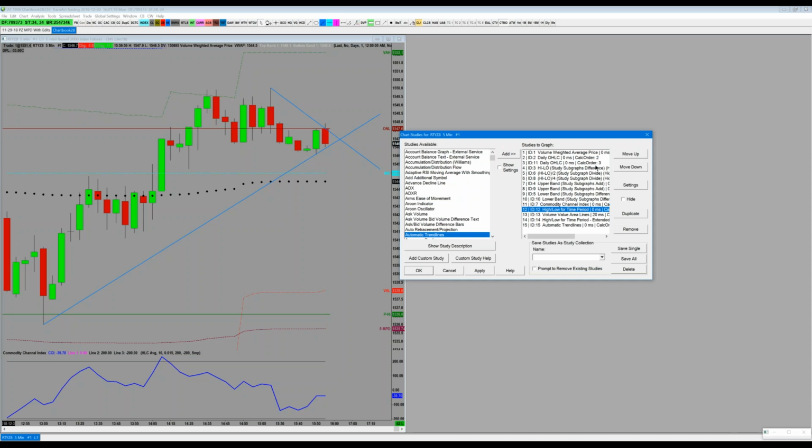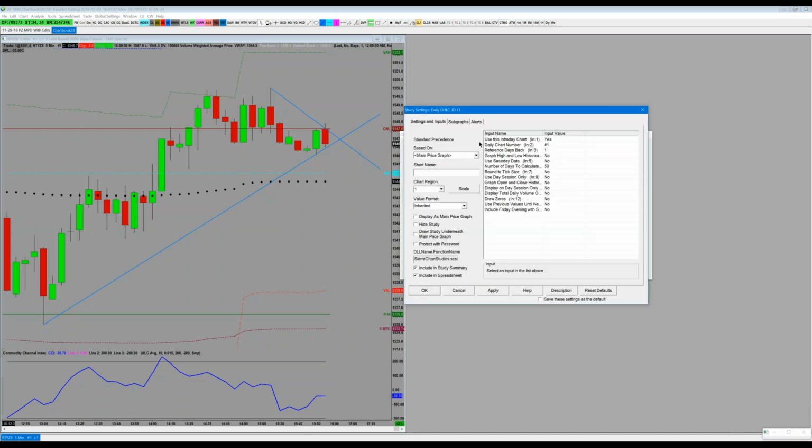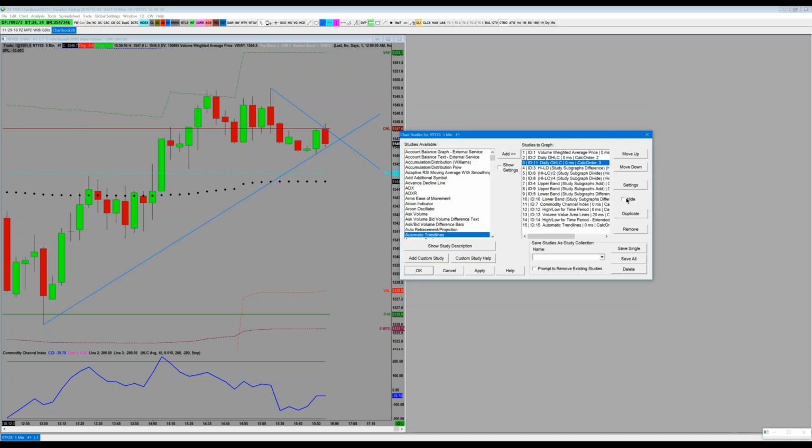So I'm going to hide this, the daily open, high, low, close that refers to yesterday. I'm going to hide that. I'm going to hide the CCI. I'm going to hide the first 30-minute range, the value area lines, the overnight high and low, and these are automatic trend lines. I didn't cover that. This is a study called Automatic Trend Lines. Mine readjusts every 5 bars.